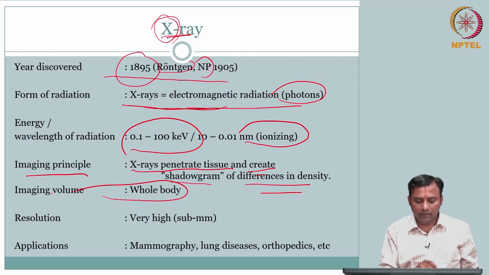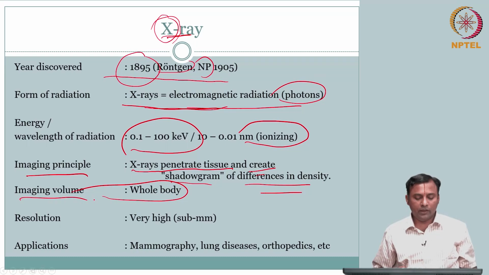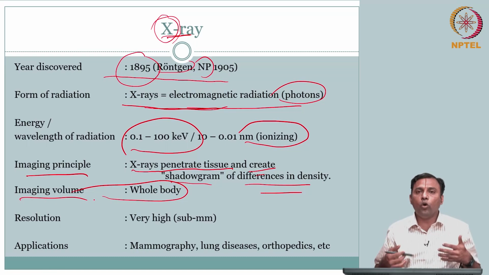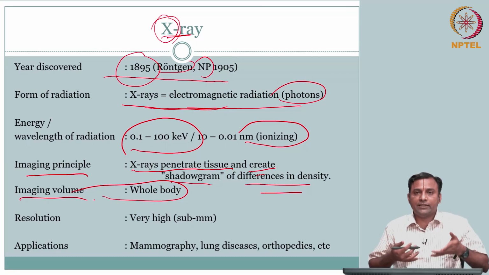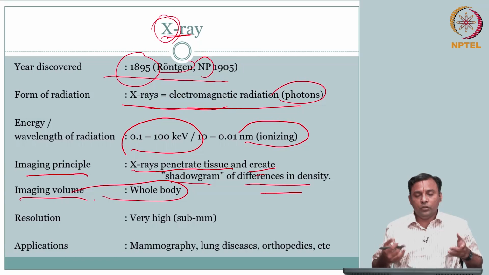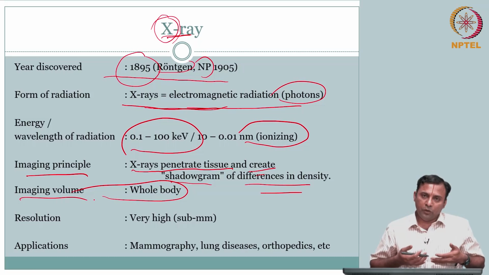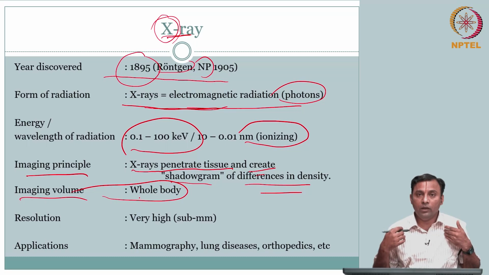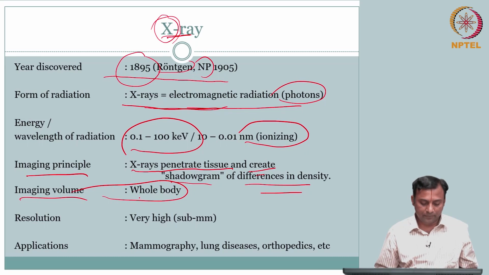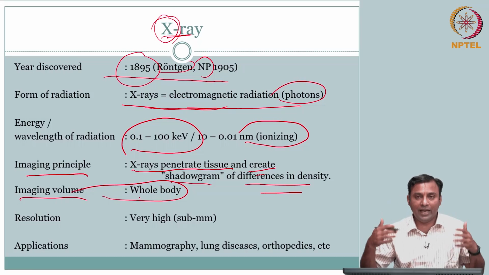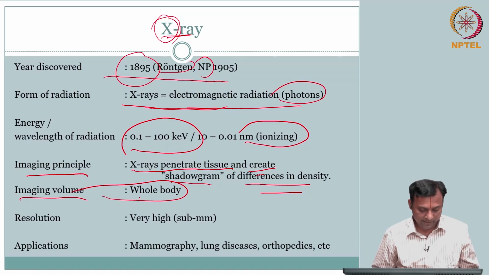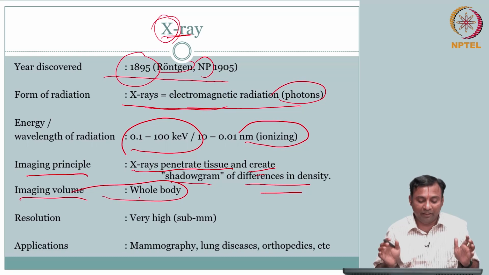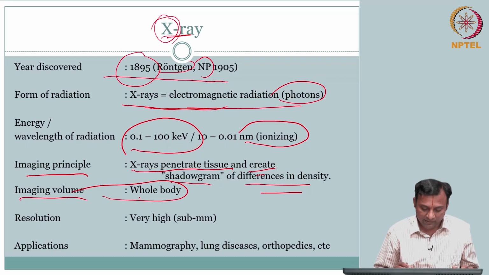And then imaging volume, so other characteristics. What do we mean by imaging volume? Here what is attempted is that you can do the whole body. What we saw right now is a chest X-ray, but there is no reason it is only for that. You can do the whole body, or you can do the chest, or you can do the hand. So this is the upper limit. The whole body can be scanned. That is an advantage, right? I can quickly have the whole body scanned without you knowing anything, without you feeling anything.